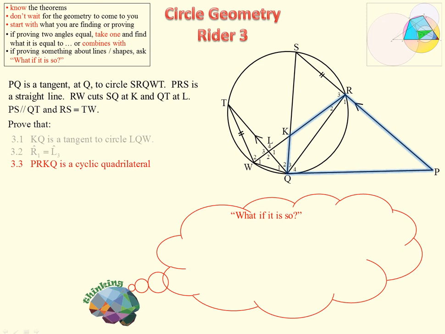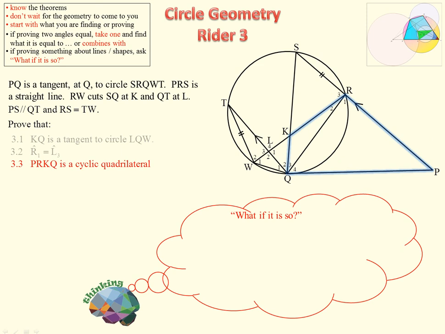That's usually more difficult unless you let an angle be x and work it that way. Or we could prove the exterior angle. So this exterior angle equals an interior opposite angle there. Or this exterior angle equals that one there. I wouldn't go for this one because it's right out in the middle of the sticks and we don't know anything it's equal to other than the vertically opposite angle. So if I went that way, I would go for R3 equal to Q3 and 4. But anyway,